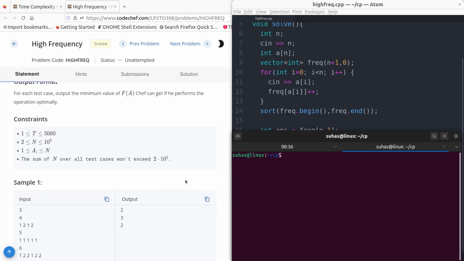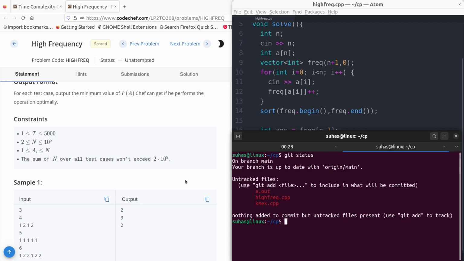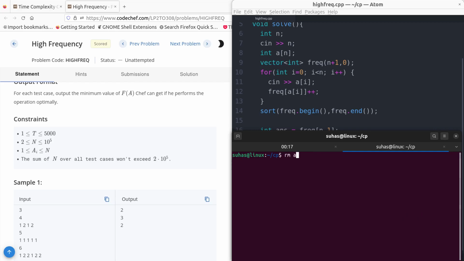Okay, that's it for today. Let's see what we have solved. Okay, we actually solved K-max also, right? K-max is the only one we solved. High frequency we are trying to solve. For a second I thought I had solved two questions right there. Anyways,